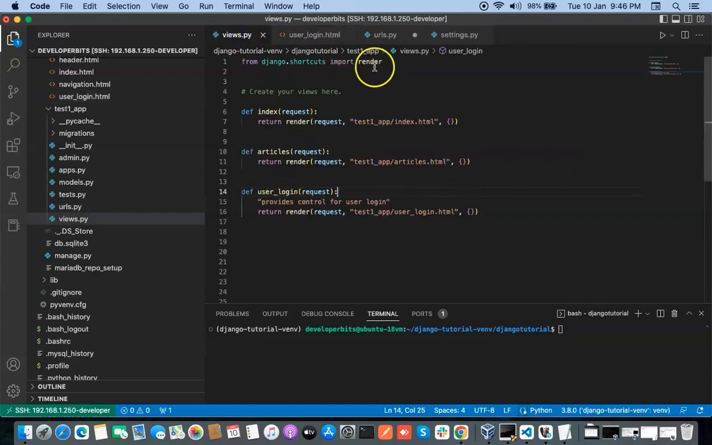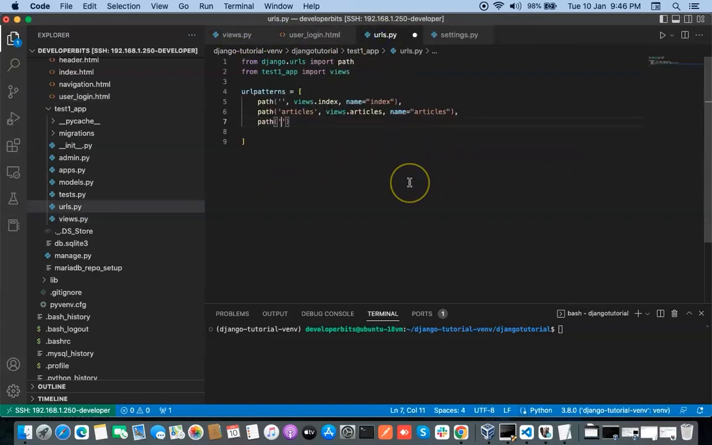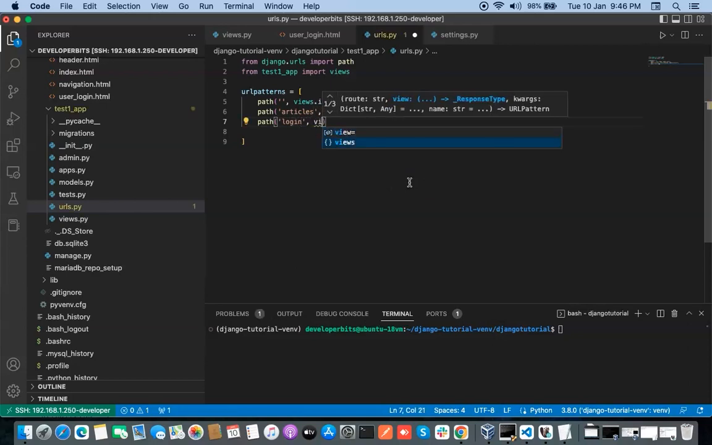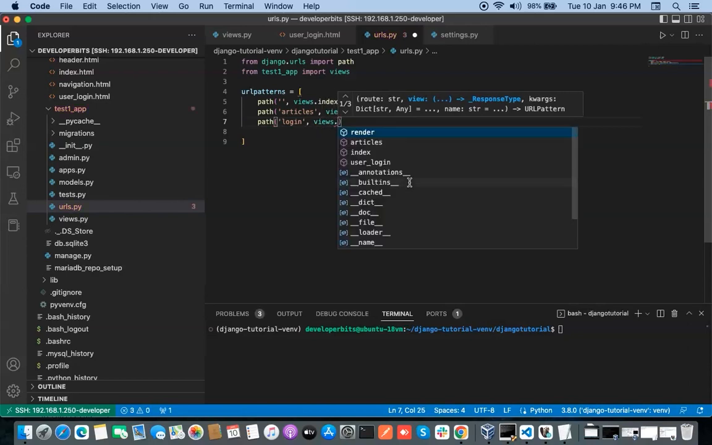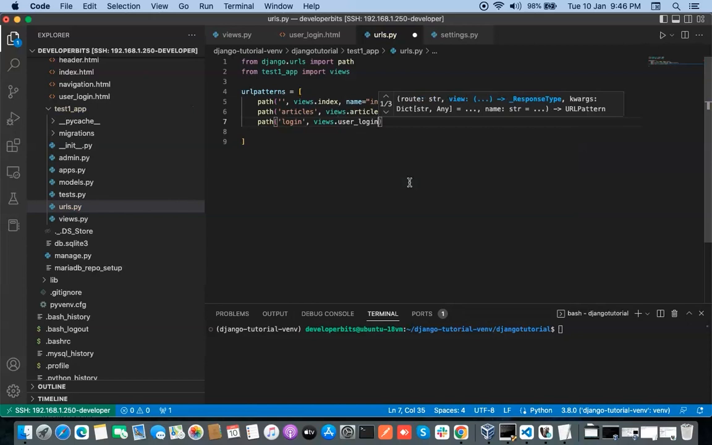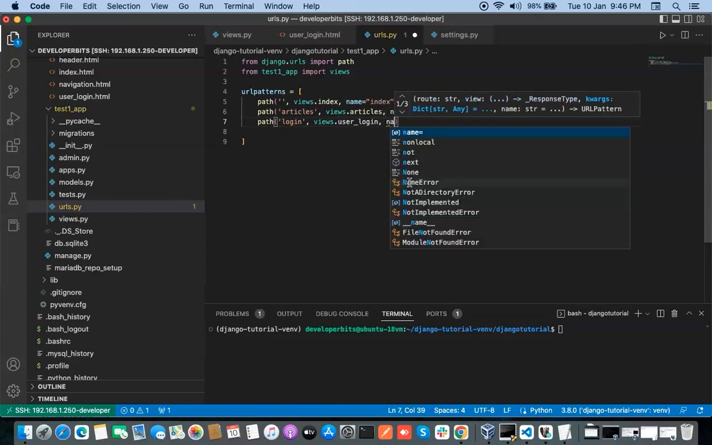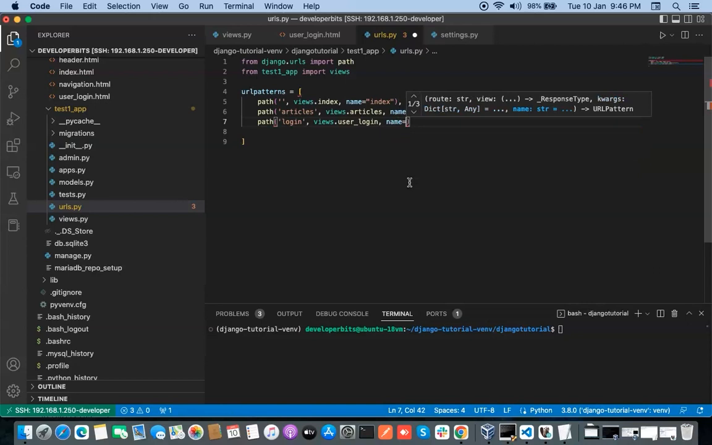We can define a URL like login, and we have created a function user_login, and the name of the URL is login, and you can give any suitable name. Always give a meaningful name. Okay, and